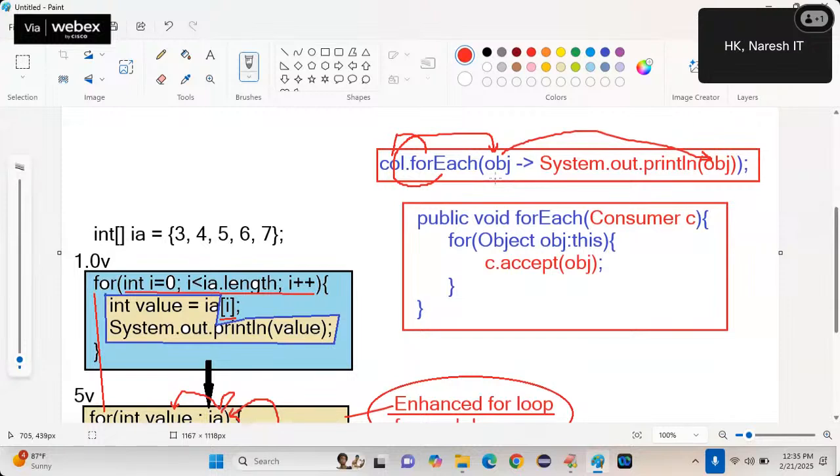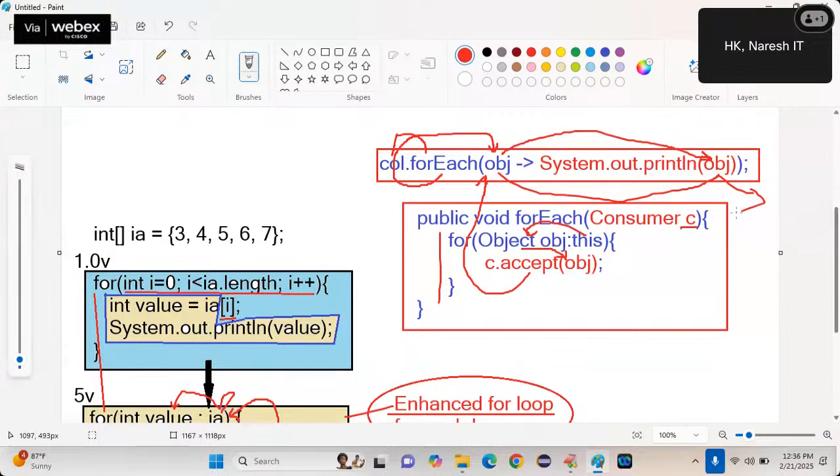Now, according to the flow of execution, this entire logic is coming and storing in the consumer. Then as part of the for loop, it retrieves the first object, stores it in the local variable and passes it as an argument, meaning the accept method. The accept method is connecting to here now. This obj is coming into this obj and passed as an argument to here and printed on the console.